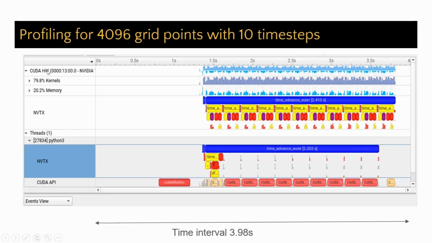You can see this has the most kernel used, 79.8%, and memory usage, 20.2%, time advance Euler, and this is the time advance other function. And these are the different functions with different colors. And here also one thread is used.